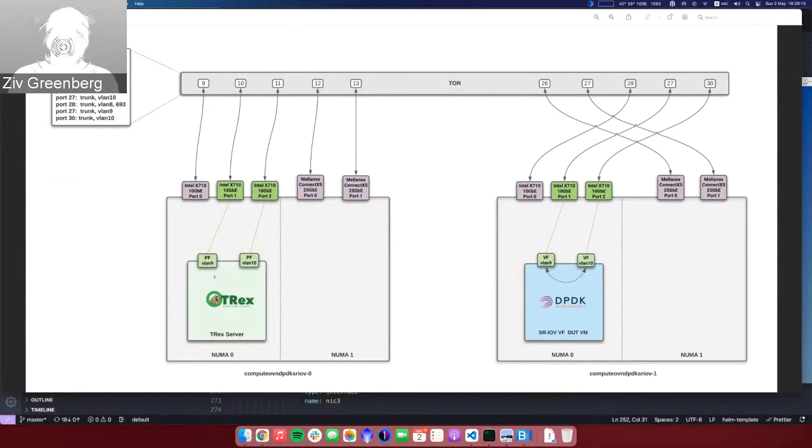SR-IOV PFs. Those PFs are VLAN tagged, port 0 with VLAN 9 and port 1 with VLAN 10. On the right we have compute OVS SR-IOV with DPDK 1, currently with only one VM named SR-IOV VF-DUT VM. By the way, DUT stands for Device Under Test. The VM has two SR-IOV VFs and they are tagged with the same VLANs, each port with a dedicated